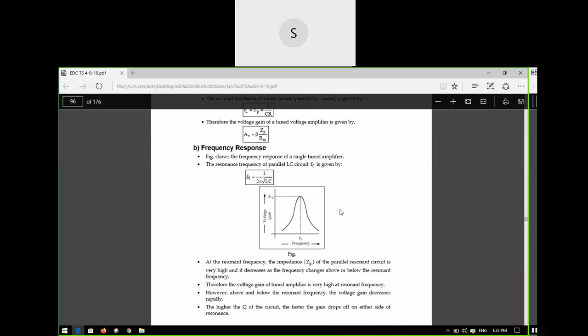The impedance, you can call it the parallel impedance ZP. Is it clear? The parallel impedance is,